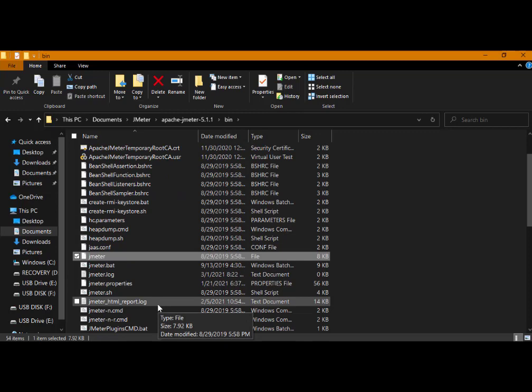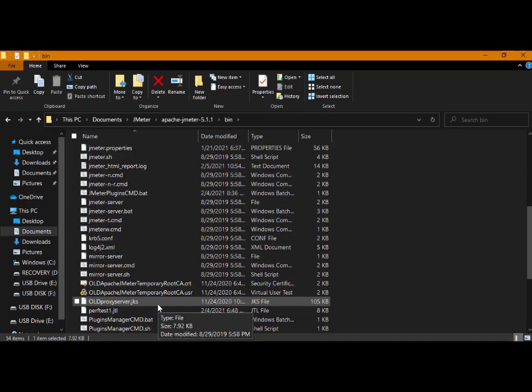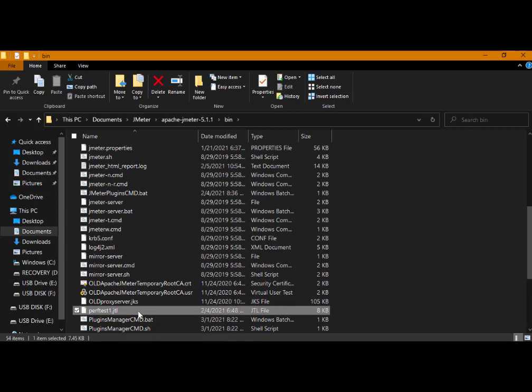You'll see that momentarily. And further down we see an existing perftest1.jtl file because of the last time we ran that test. We pointed to this location and created this file. We're going to do the same thing. We're going to overlay this file with new performance data information from the new test run. Now, we're going to capture this directory path, and I'm going to minimize that,